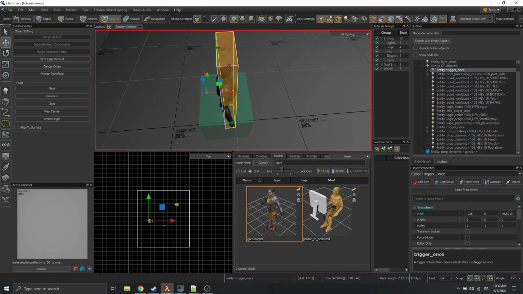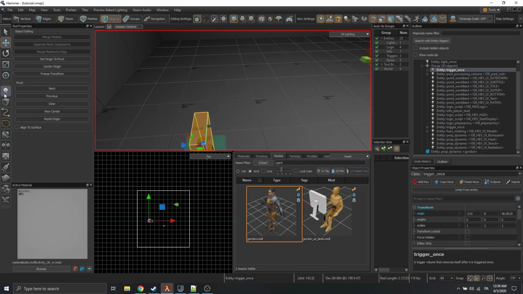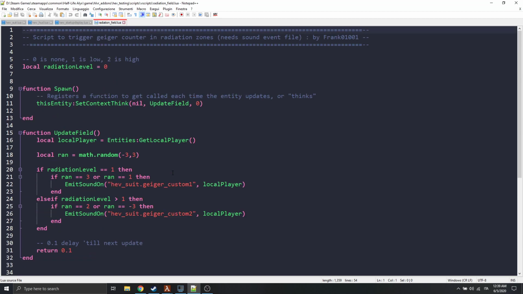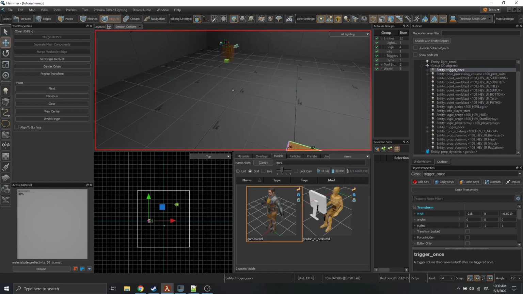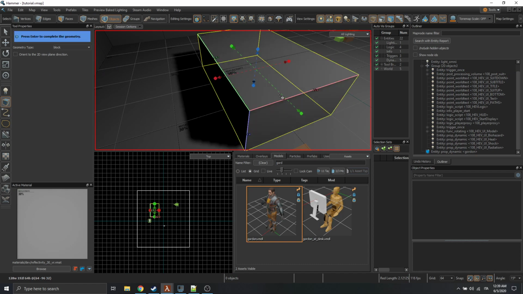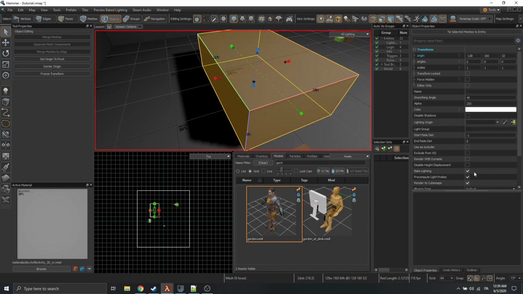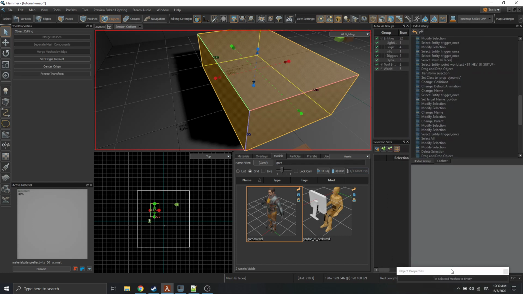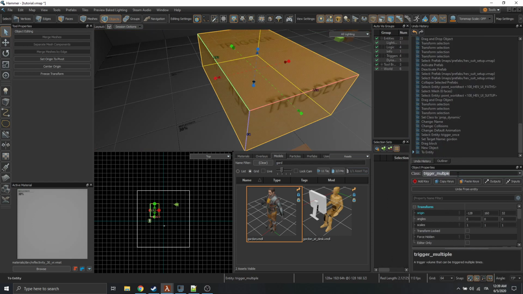So, I have also included the same radiation field. I don't know if I have updated it. I don't think I have. But it works the same way as in the previous tutorial. So we're just gonna create a quick radiation zone. Alright, this is gonna be, what did I do? Come on. Okay, so we are just gonna, oh, where's